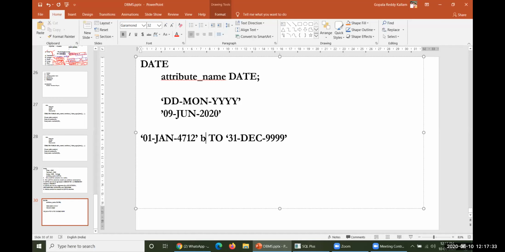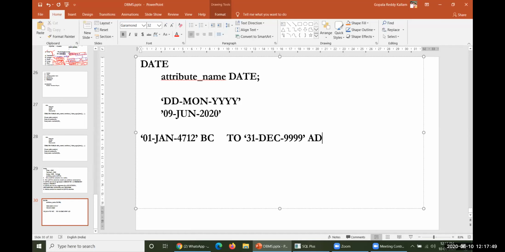Up to this is BC, before Christ, and from this date onward is AD, after Christ, up to this particular date it could be accepted.